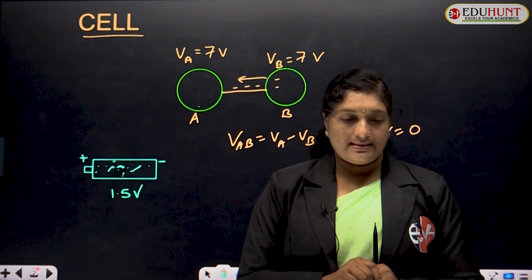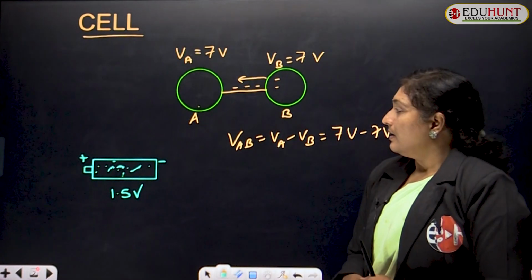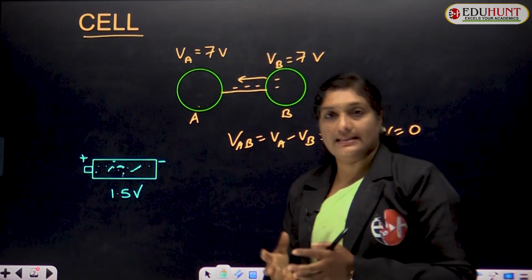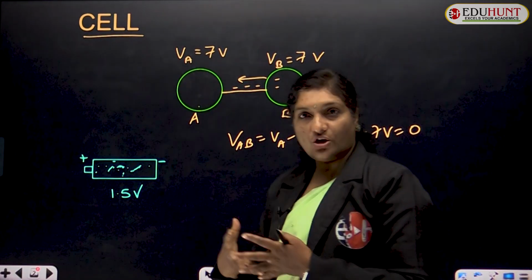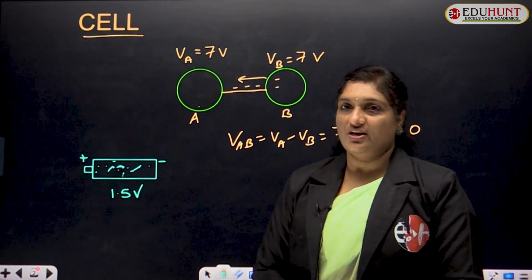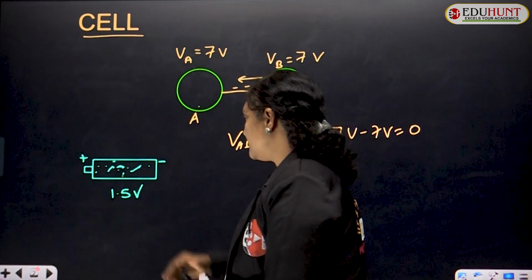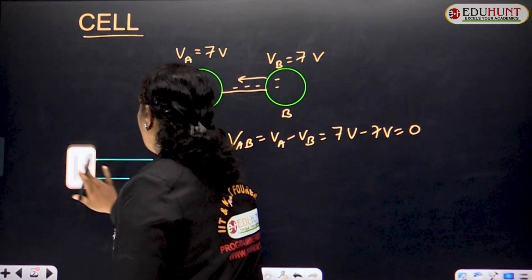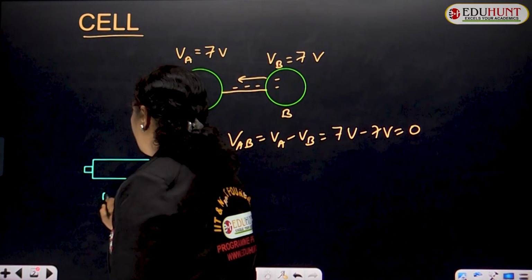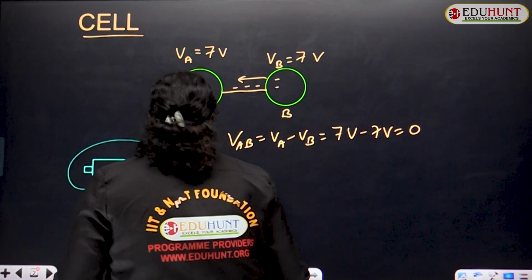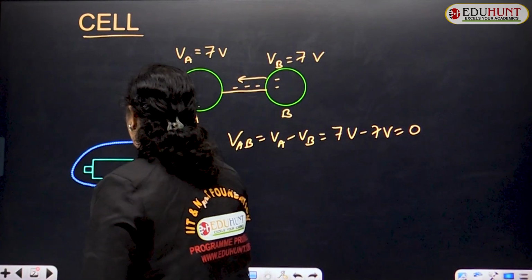Dry cells. If you consider a combination of many cells, then we can increase the potential difference. So, suppose one cell maintains a potential difference of 1.5 volts, then two cells can maintain a potential difference of